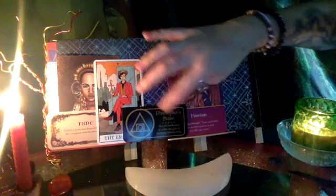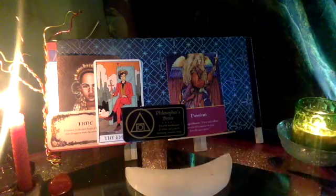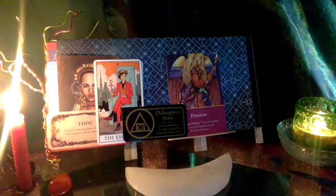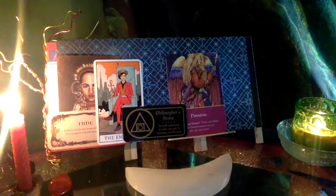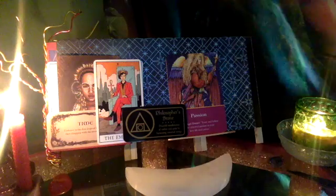You've got to use your power and your intuition and your energy to achieve your goals. And I really do feel like something really good is coming for you this next new moon or this year. I want to go back to the